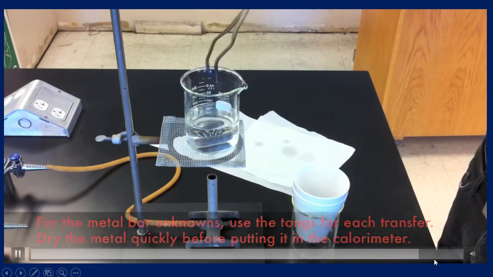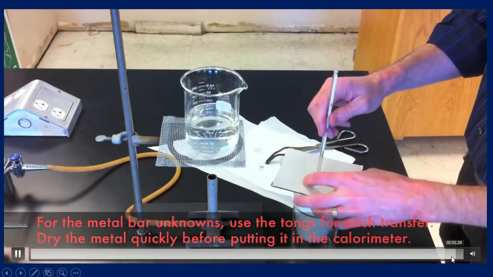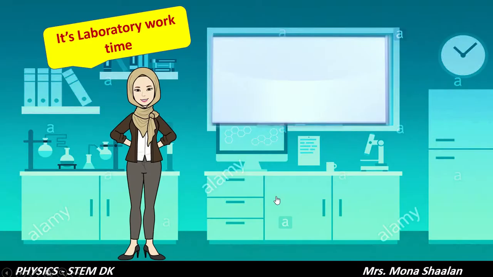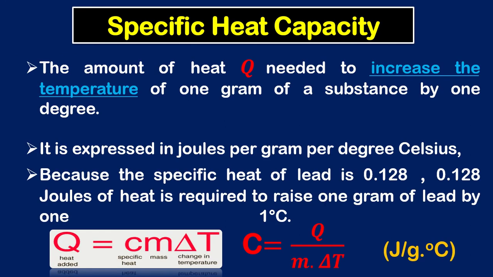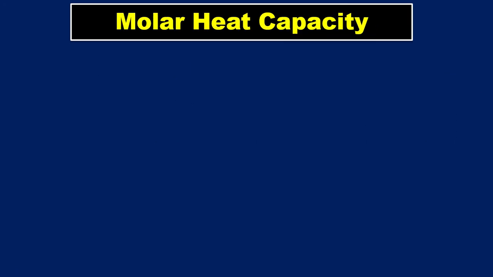Then we do the same experiment for another metal, and by substituting in the previous relation, as we mentioned before, the specific heat capacity equals the quantity of heat over the mass times the change of temperature. We have the final temperature and the initial one, and the mass of the lead or copper or other metals, and the quantity of heat is known, so we can calculate the value of the specific heat capacity for any metal, which is specific for